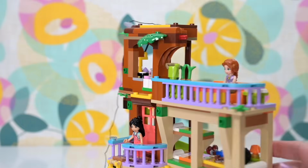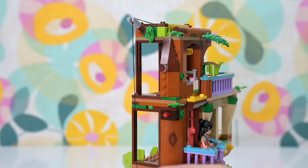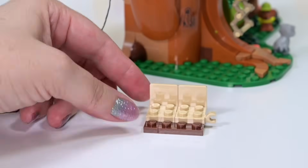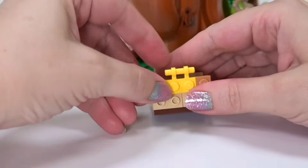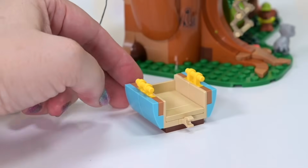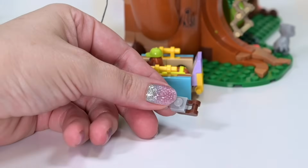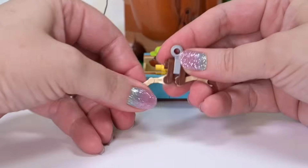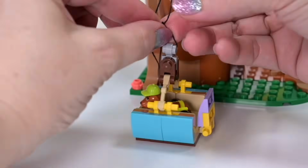And look at that. So they're going to be able to bring themselves up and down, or supplies up and down, or Pickle up and down. So accessibility, perfect. And this is the actual box to the elevator. This is a rudimentary elevator, right? So this has got a door, little ramp door so that Pickle can get in, and then we just need to use something to hang it from. Nice! Stick that through, tie a knot in it,